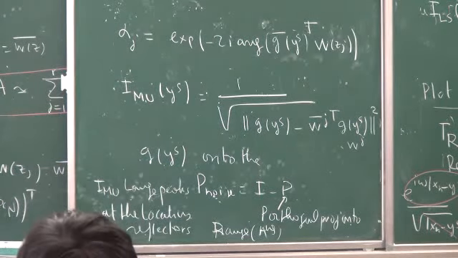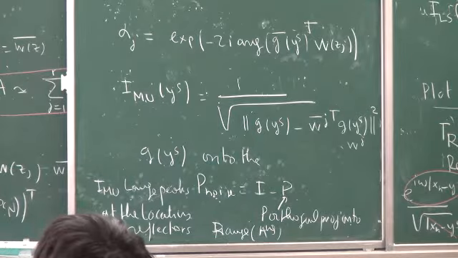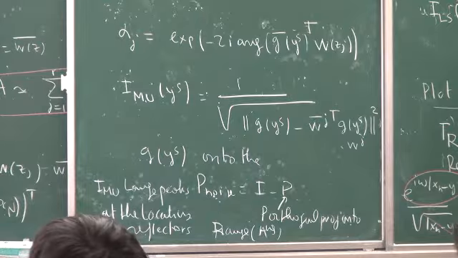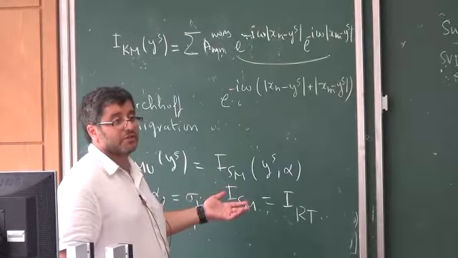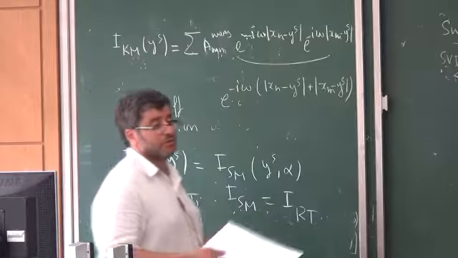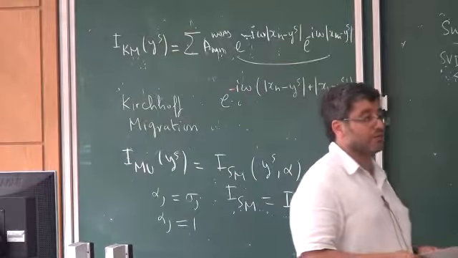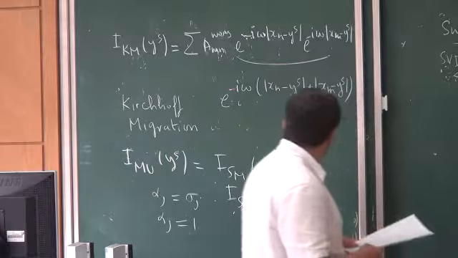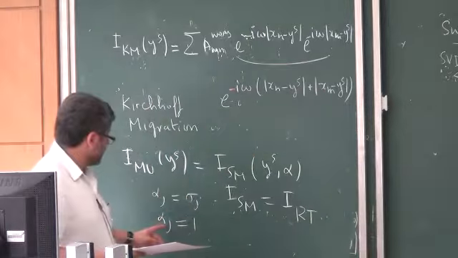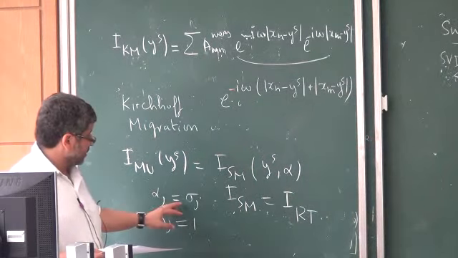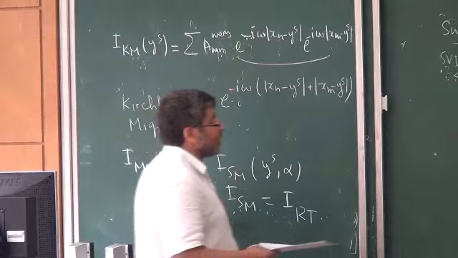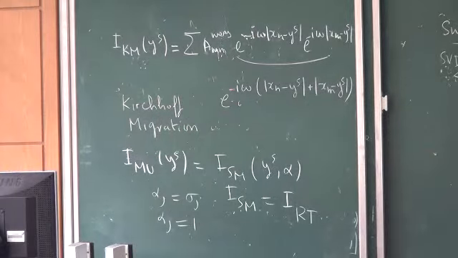Okay. So these are 2 examples. Reverse time migration is one subspace migration algorithm, and MUSIC is one subspace algorithm. We are projecting the Green function onto the noise, okay, it's a subspace algorithm. And actually, if you think about it, you can use other choices.